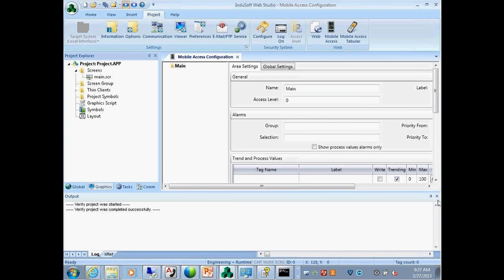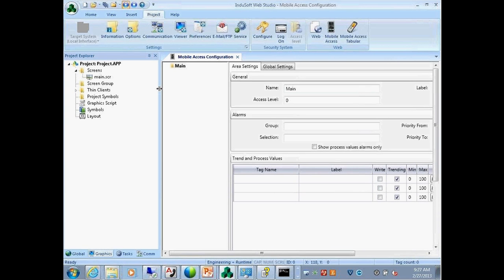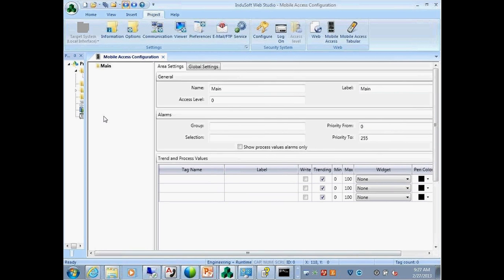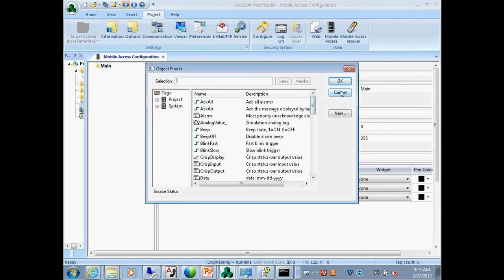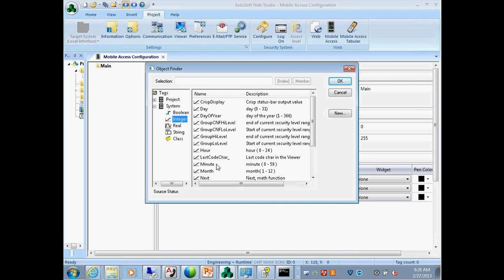So when you open the mobile access configuration tool, you get something that looks like this. I'll see if I can't make it a little bit bigger. And by default, you get one top-level tile or domain we call main. And by default, it's going to show you any alarms that were configured. And then you need to give it a list of tags that you might want it to display. I don't have any tags yet, so I'm going to just pick a couple system tags,